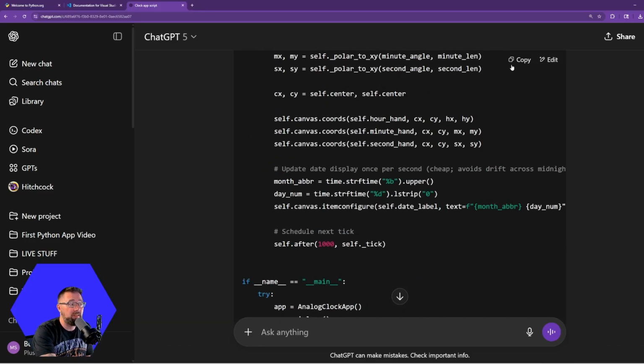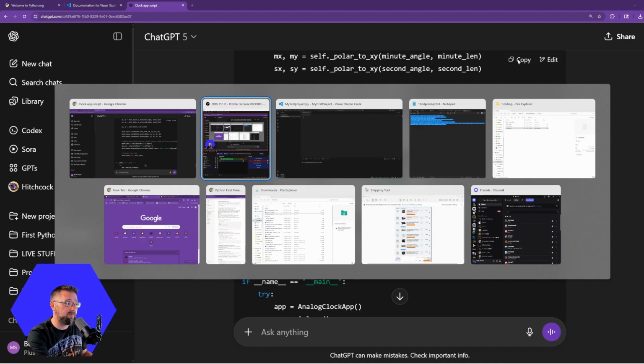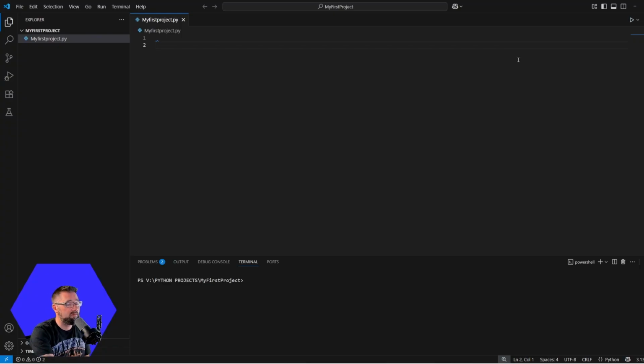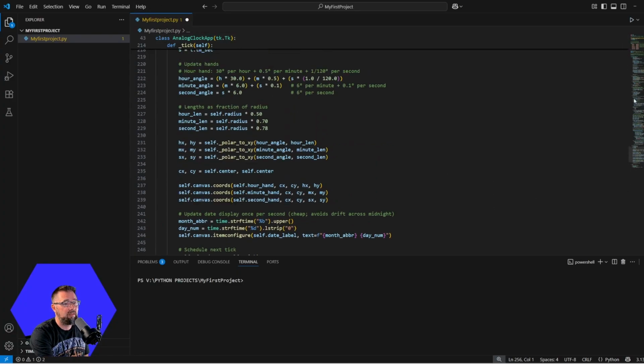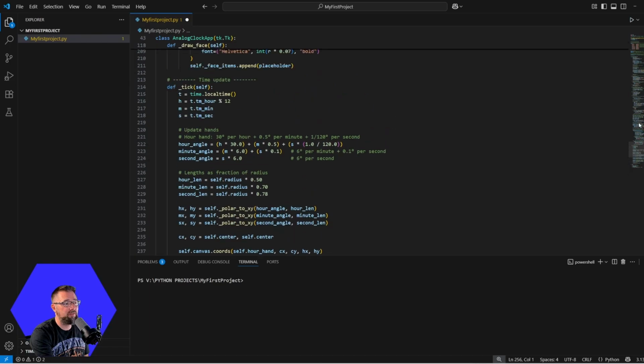But we're just going to hit the copy button, head back over to VS Code. Now remember, we already made an empty project, myfirstproject.py, and paste the code in. You'll see on the right over here a window that shows you the totality